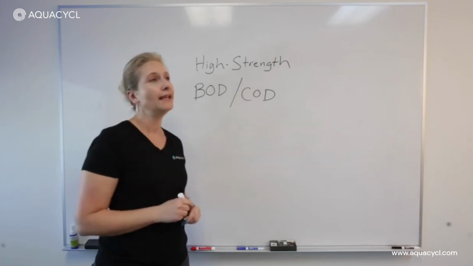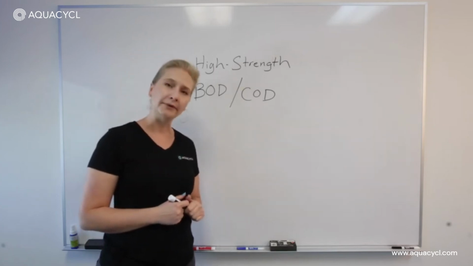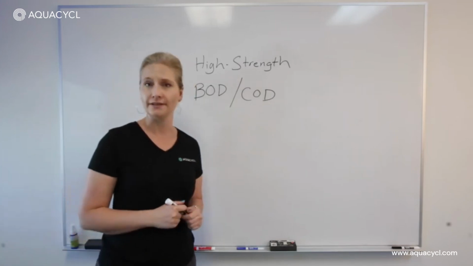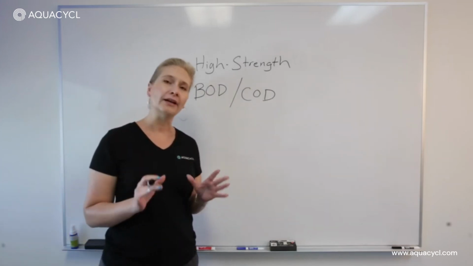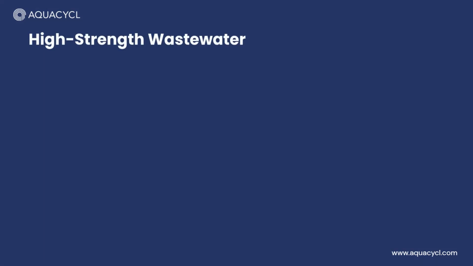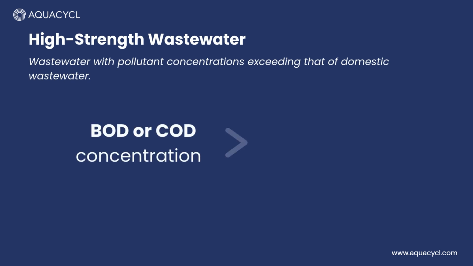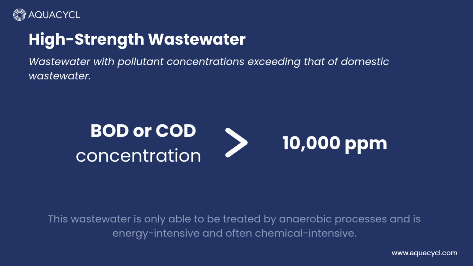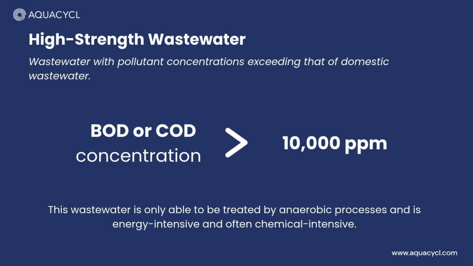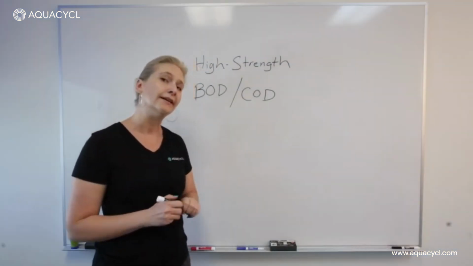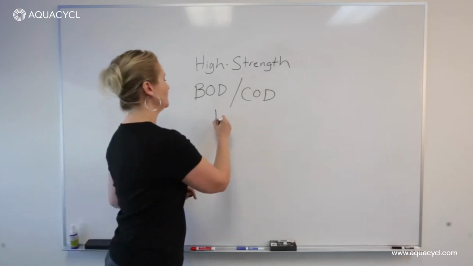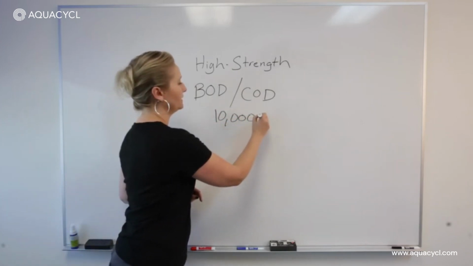So what do you do with it? Largely, that's going to depend on where you're operating and what the city is going to allow you to discharge. How we're going to define high strength right now is with a number, which is a concentration associated with biological oxygen demand and/or chemical oxygen demand. So high strength is going to be anything that would fit into an anaerobic digestion process or more, right? So it wouldn't be possible or wouldn't be cost effective to use any sort of aerobic activated sludge or membrane bioreactor process. Usually that number, BOD, COD concentration, is above 10,000 parts per million